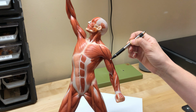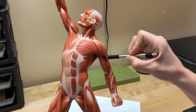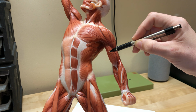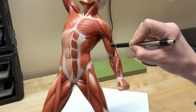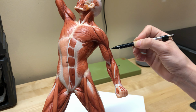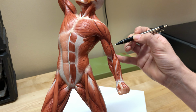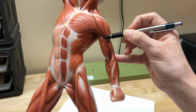So I've already pointed out the deltoid in the last video, so let's start working our way down. This is the anterior side of the brachial region, and this muscle that's most superior that we see first is the biceps brachii. Now, if we were able to remove the biceps brachii, we would see this muscle directly below it, which kind of sticks out around the edges of the biceps brachii. This is the brachialis. So biceps brachii,